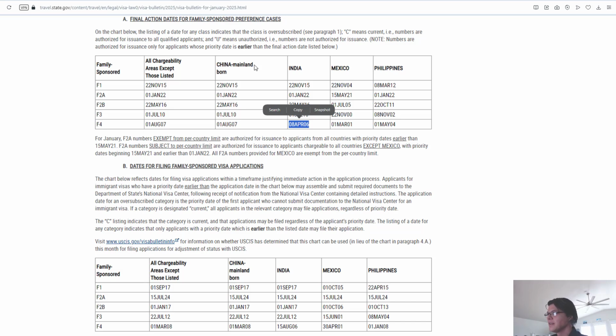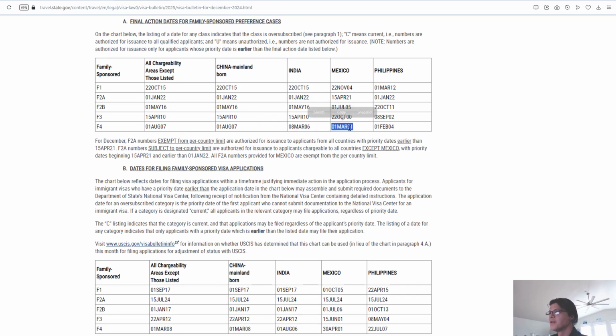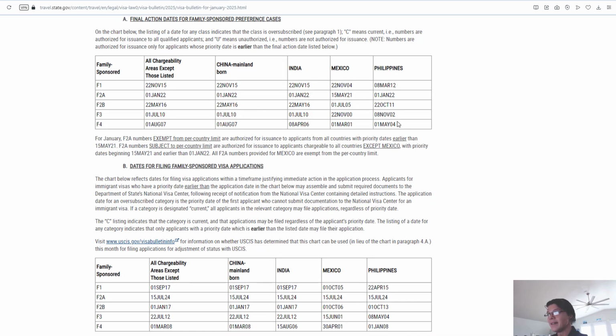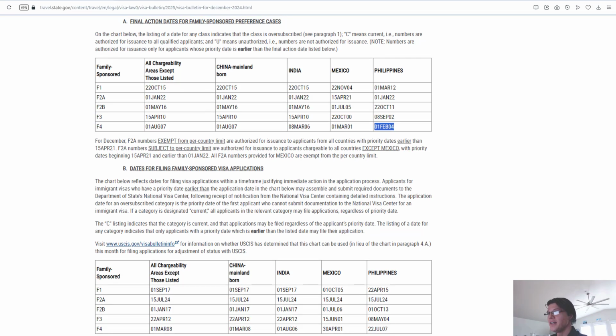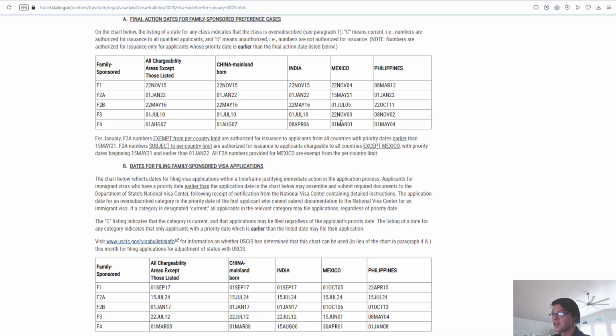For F4 category, let's see what's going on for Mexico. No movement for Mexico, unfortunately. And some movement for Philippines, let's see, from February 1st, 2004 to May 2004. So February, March, April, May. So 3-4 months movement ahead for Philippines for F4 category. That's definitely good movement. Hopefully we will see the same movement reflect on the rest of the world in the